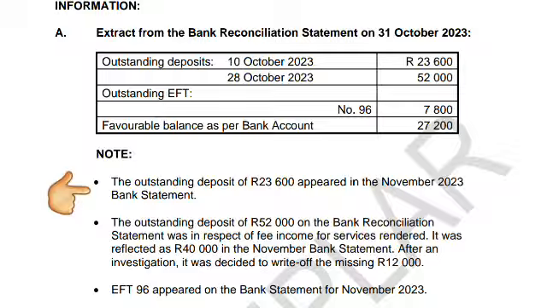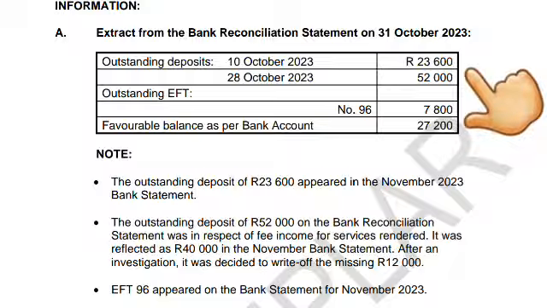Basically what they're saying is, remember, we said that the purpose of a bank reconciliation is to correct the mistakes of the bank. So what this situation is in October, the accountant realized that in the bank statement they received, these were the errors that were made. Those outstanding deposits that you're seeing there, that EFT 96, these were the errors that they made in the month